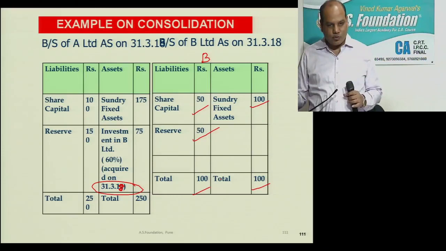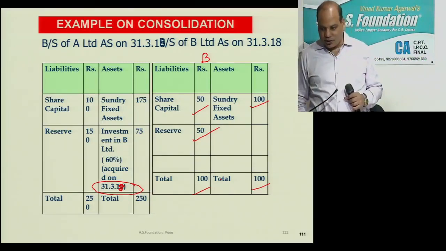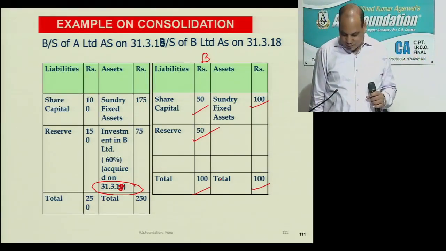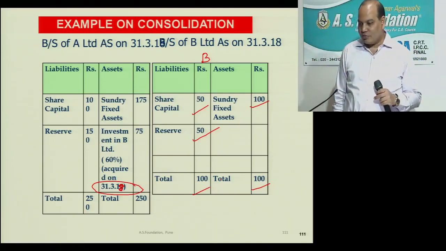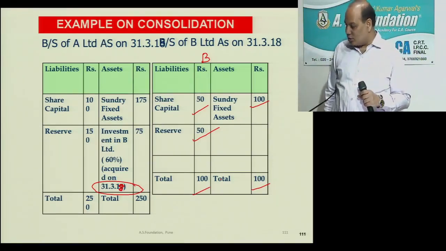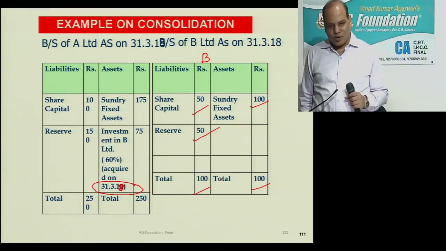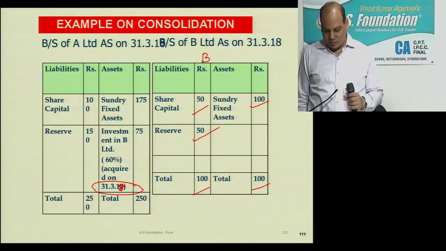So I will not have to add post-acquisition profit of B in A. So only write down reserve 150. But it is written also there, only A Limited. Reserve only A 150 because there is no post-acquisition profit of B. In bracket, because there is no post-acquisition profit of B. In every problem don't write only A. Because in this column there is no post-acquisition profit, hence I am not writing.